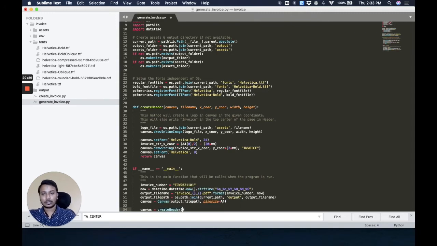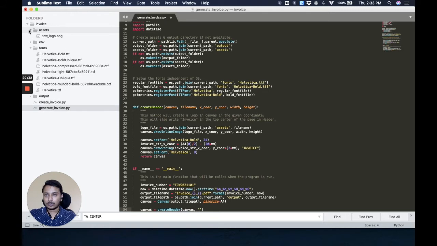Okay. What do we need to pass? We need to pass the canvas. We need to pass the file name, which is the logo file name, right? So what do we have? We have tcw_logo.png, right? We have passed the file name for this. We need to pass the